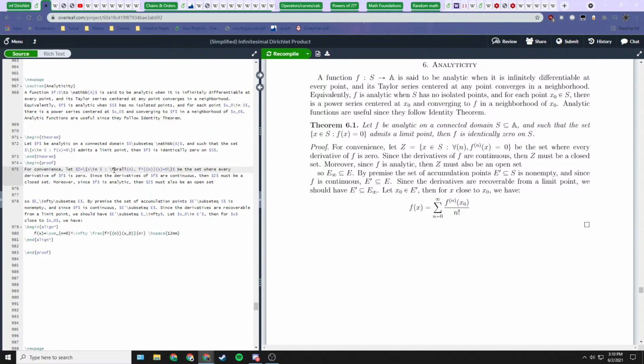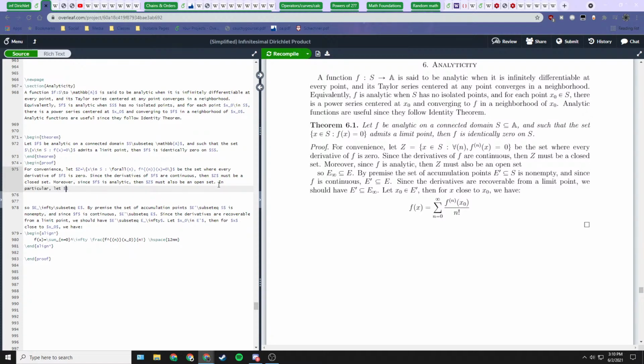So we could think of that as a continuous preimage of the closed set {0}, which is closed. The preimage of a closed set is closed. So the set where all the derivatives are 0 is closed. It's also going to be open. So in particular, let x0 be in Z, then there is a